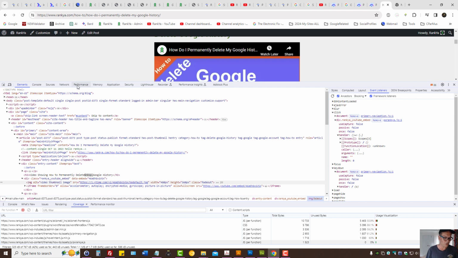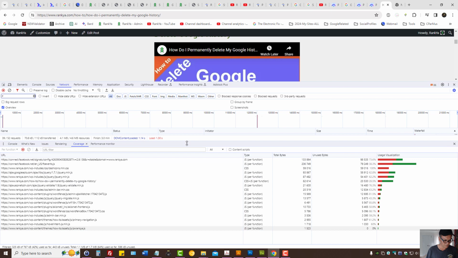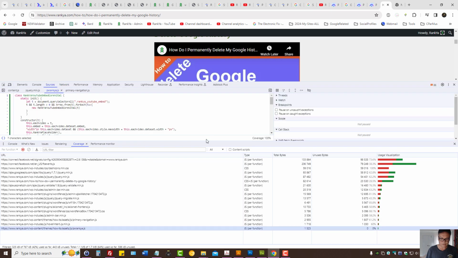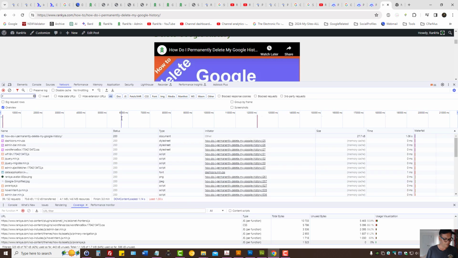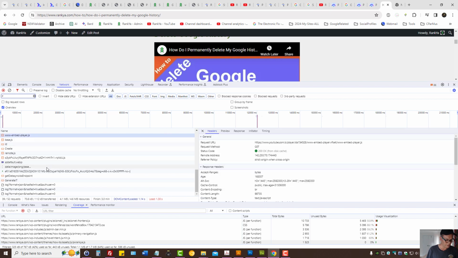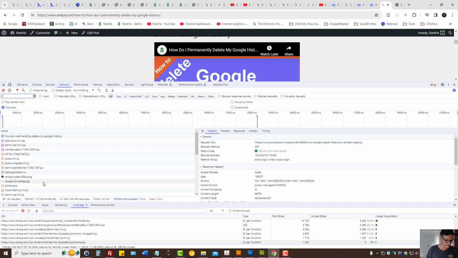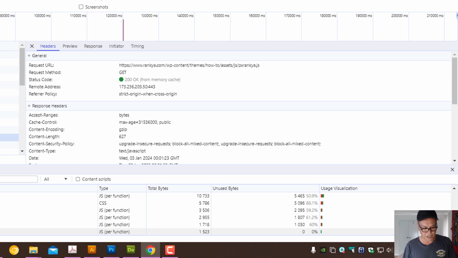Also, while here, let me show you the network tab. Let's look at that. Actually, let's look at network tab. Okay, that's coming from a different place on the internet, so I can't optimize that. So looking at that particular JavaScript example, from the network tab, I can press on it, I can see